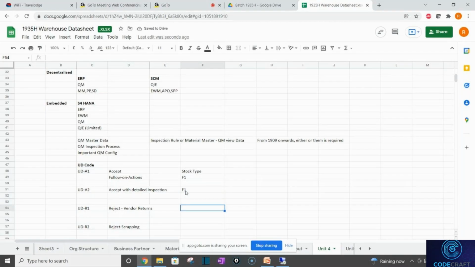It is rejected, vendor return, so I'll say it is B5. This is block for scrapping. Yeah, B5. Okay. Now, currently, when you want to do a